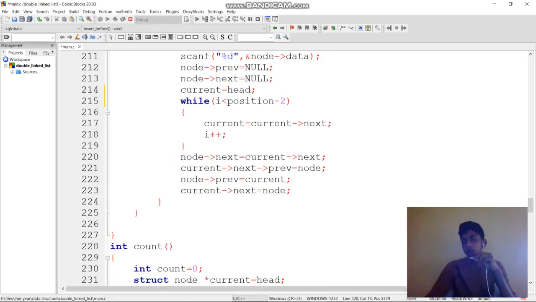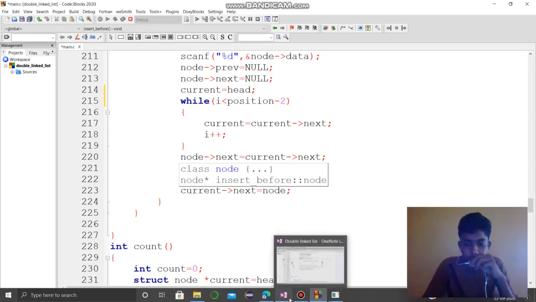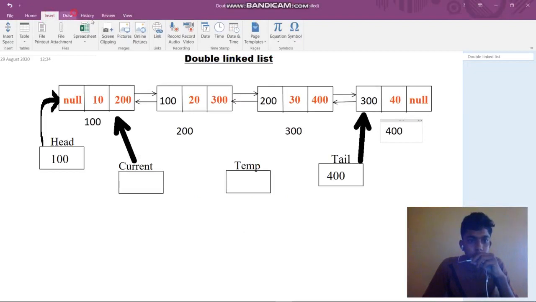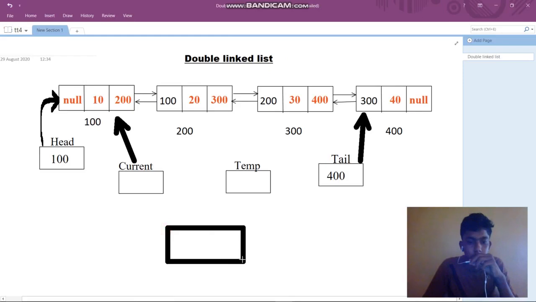Now the node contains a new address. We need to insert between 200 and 300, that is between 2 and 3. Now node of next equals current of next. See here, I am creating one node. So consider this is the node.